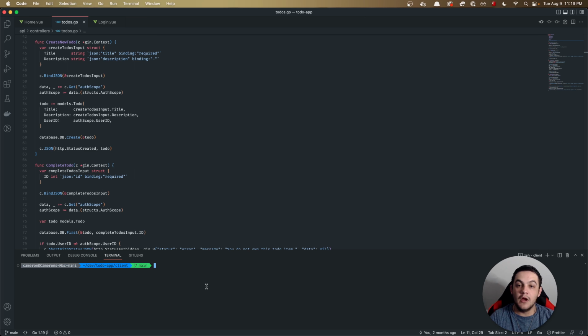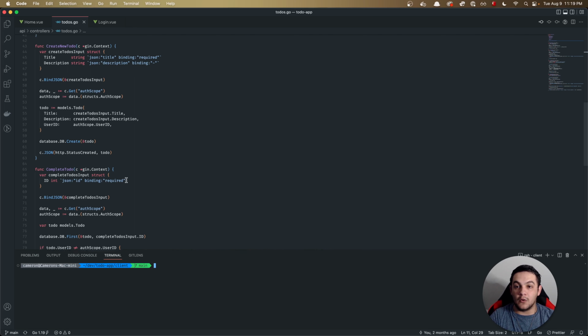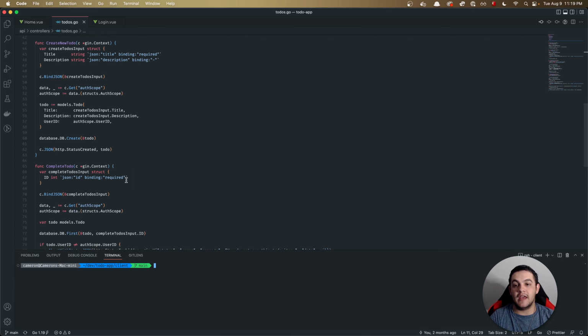And then we're going to move forward from there. We're going to start by taking a look at our create new to-do controller function here on our API. We're taking a look at this, one, because I want to change a couple of things, but also because I wanted to take a look at the schema, basically what this controller function is expecting in the request body. So it's expecting a title, which is required, but then it also will take in a